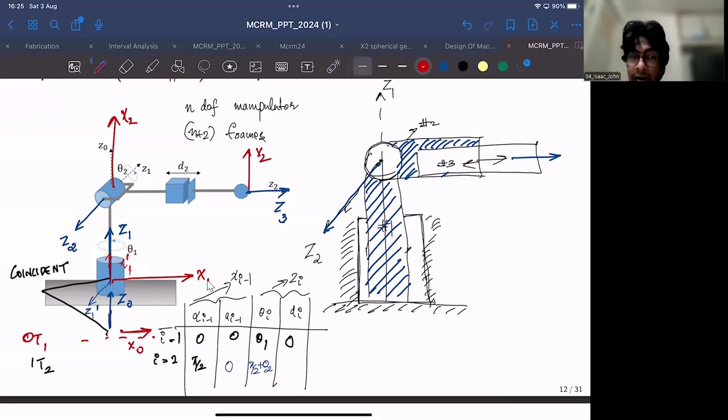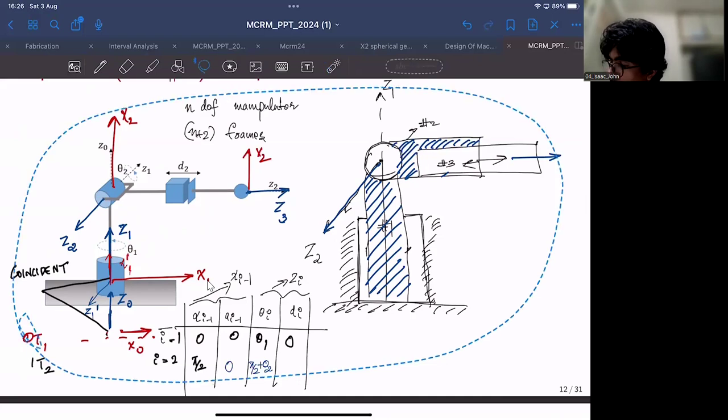And we can actually do this by bringing this X1 axis. We can shift this X1 axis to this point. It does not matter because we can always shift the frames along the joint axis. We can shift it up, we can shift it down. It does not make any difference. And the corresponding offset will be absorbed in the corresponding DH parameters. So just to give a quick overview of how this can be done,